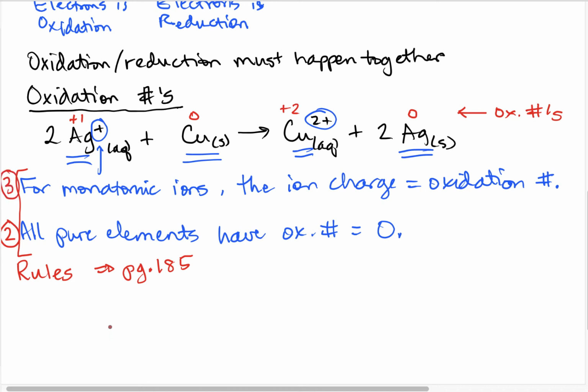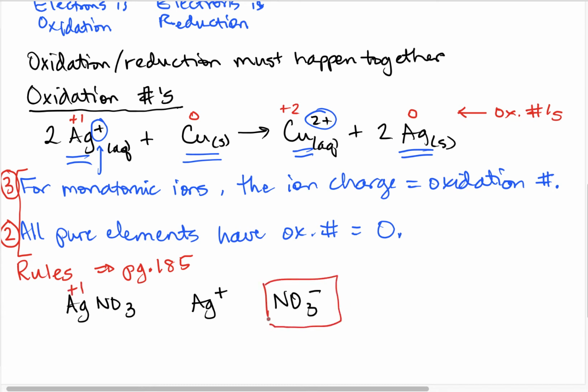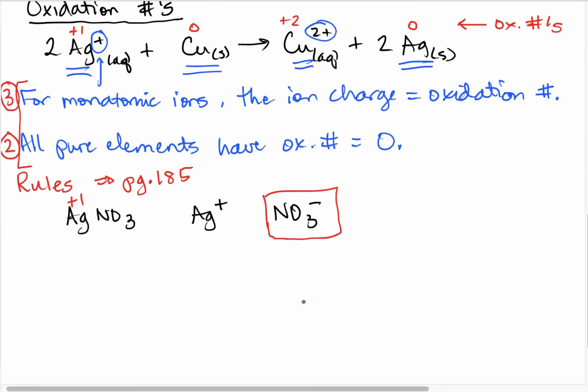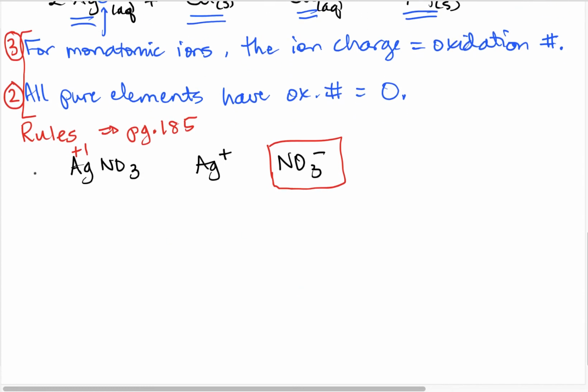Okay? So the next rule is how we would deal with figuring out what the ion charge for the nitrate was, right? Because we have silver nitrate or copper nitrate. And so we already know that this is Ag+ and NO3-. And we figured out that the oxidation number on the silver was a +1. But now we have this whole big unit here, and it combines both the nitrogen and the oxygen. I usually do this rule last, but we'll go ahead and jump right in. This is rule number 1 in our book, which is that the oxidation numbers